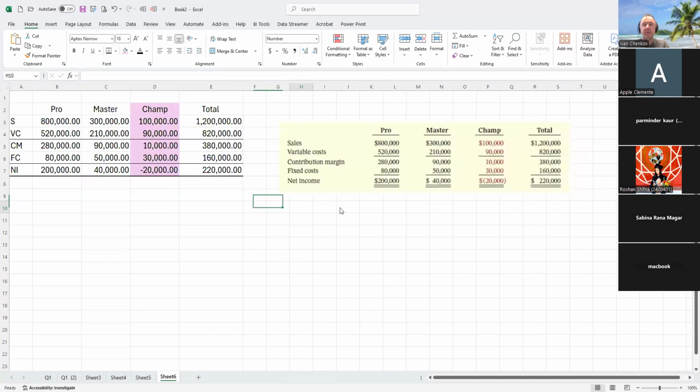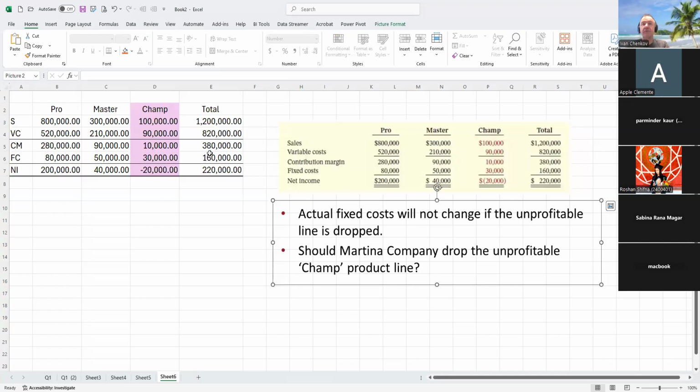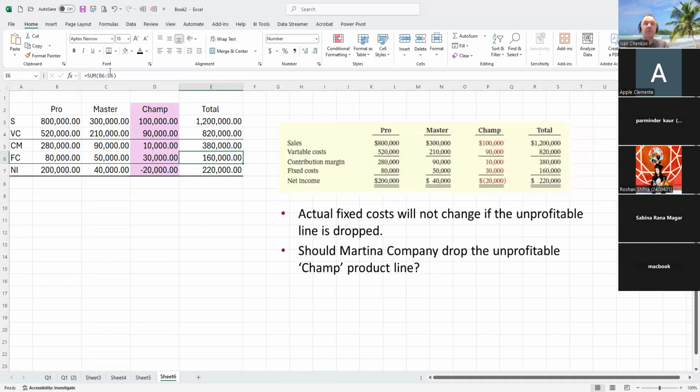Am I sharing or stop sharing? Sharing. Or the question says the actual fixed cost will not change